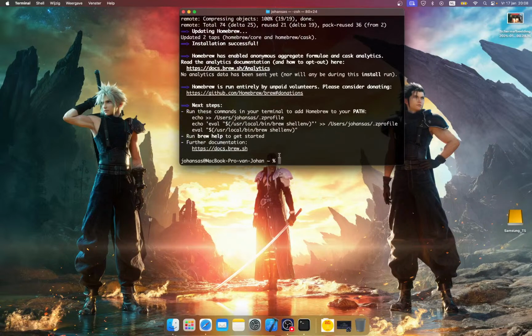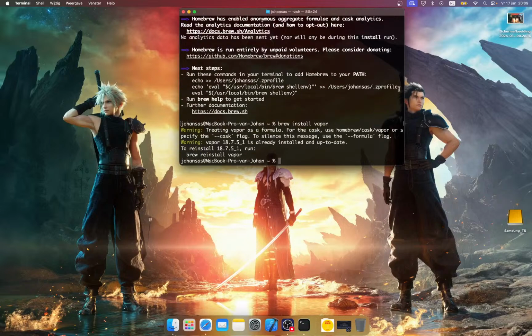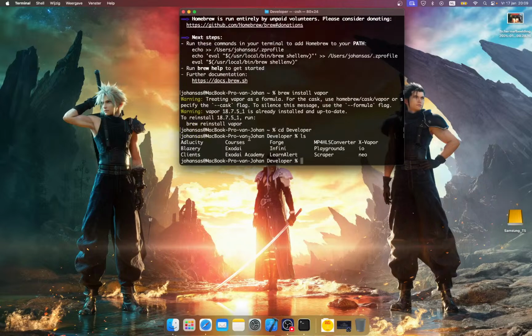Perfect. Okay, so now we can do brew install vapor. And on my machine, it's already installed, so you don't have to worry about it. Okay, so now I'm going to do cd developer, because in developer, I store all my projects. So when we do ls, here you can see like Adlucity, Blazery, XDI, XDI Academy, Learn Alert, Infiny, Forge, etc.,